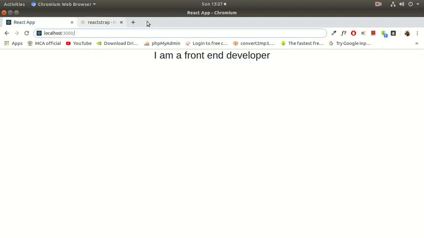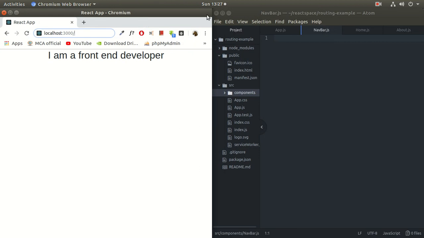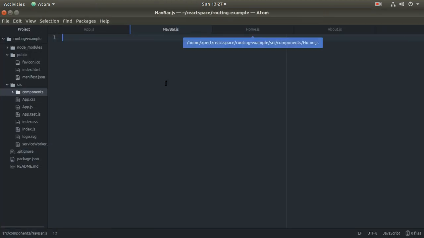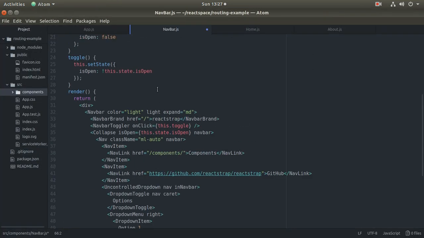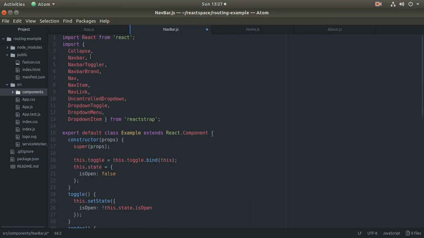Now we don't need this tab, just close this, keep it aside, and let me maximize this so that you can see what I'm going to edit. So I've implemented here. See these many things we have. Let's remove this. We don't need it, it's going to be a dumb component. We don't need to extend components and all. Just create it as a constant